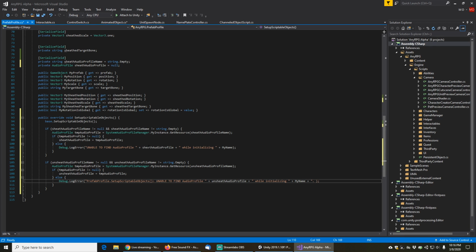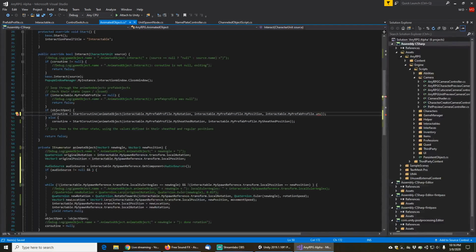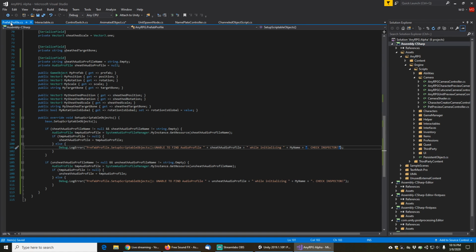And here we actually need check inspector because this is an issue that the user needs to fix. So we'll add this text as well to the beginning of that message, and then add this at the end over here. Save that, and now we're ready to actually refer to these things. So in this case we're sending in unsheathed, right, we still haven't actually exposed those yet. So